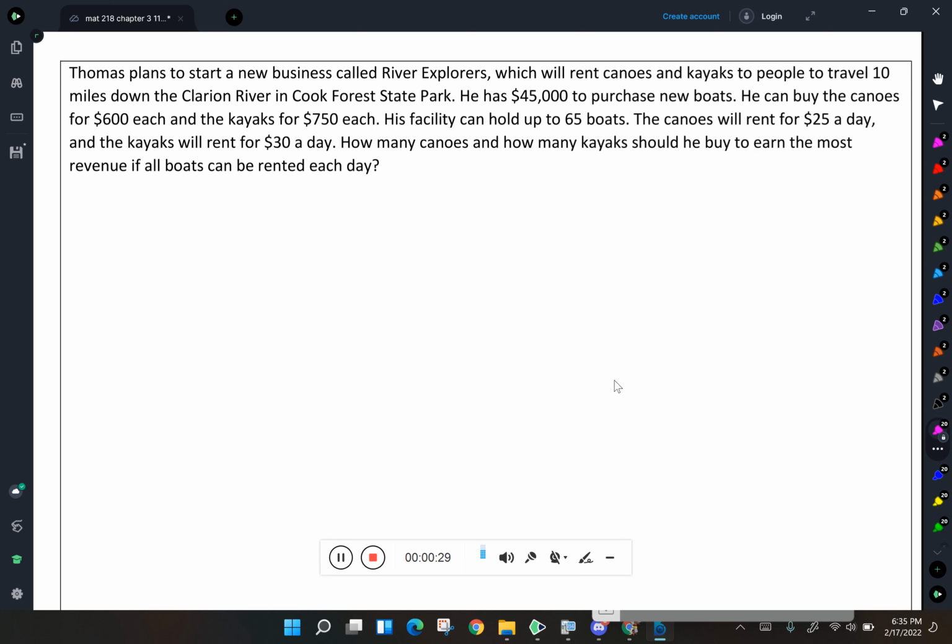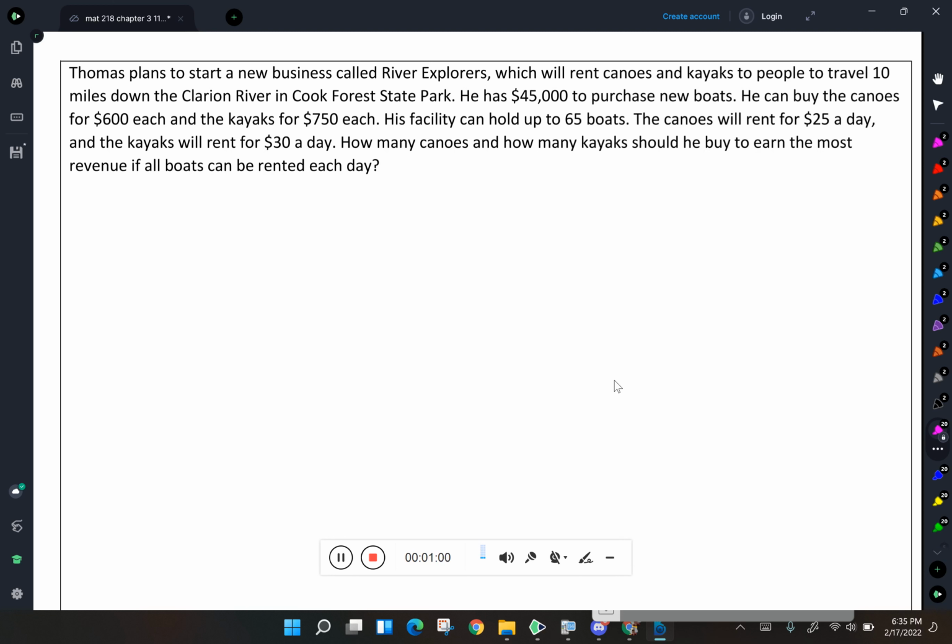Thomas plans to start a new business called River Explorers, which will rent canoes and kayaks to people to travel 10 miles down the Clarion River in Cook Forest State Park. He has $45,000 to purchase new boats. He can buy the canoes for $600 each and the kayaks for $750 each. His facility can hold up to 65 boats. The canoes will rent for $25 a day and the kayaks will rent for $30 a day. How many canoes and how many kayaks should he buy to earn the most revenue if all boats can be